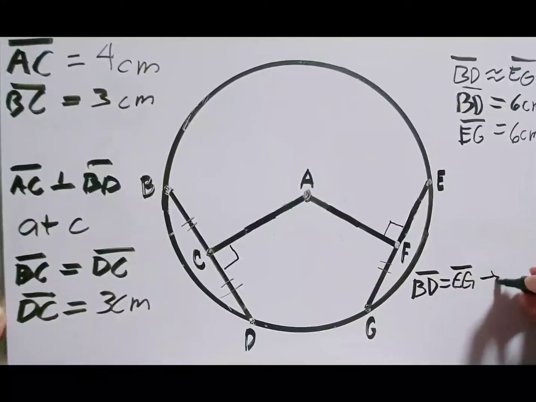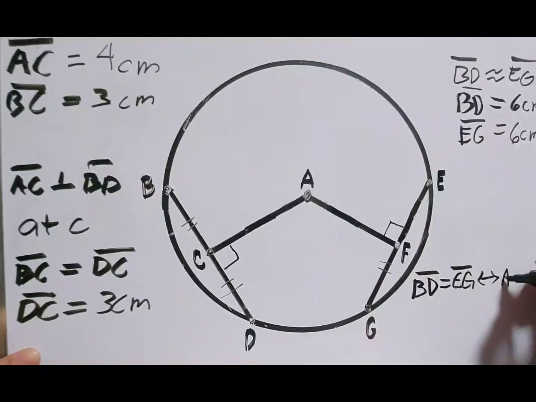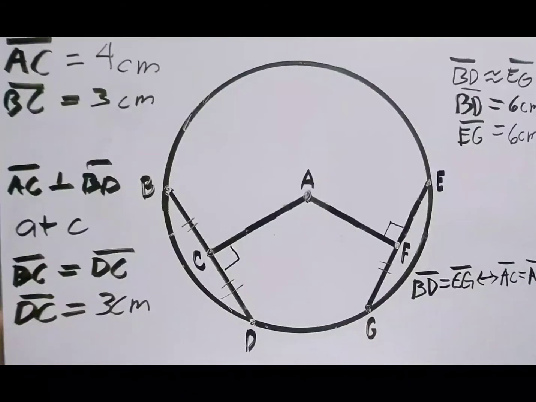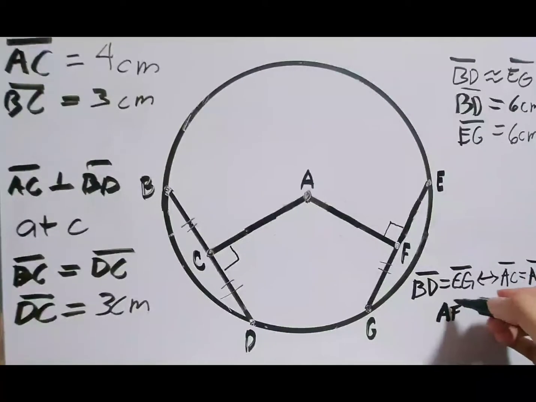that means these chords are actually equidistant to the center. That means line segment AC and line segment AF are equal. Now since line segment AC is equal to 4 centimeters, we can say that the measurement of line AF is